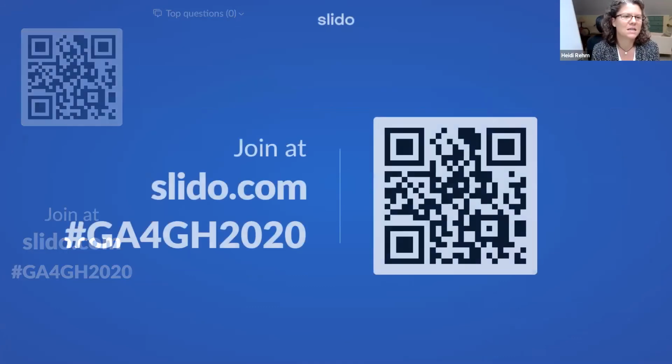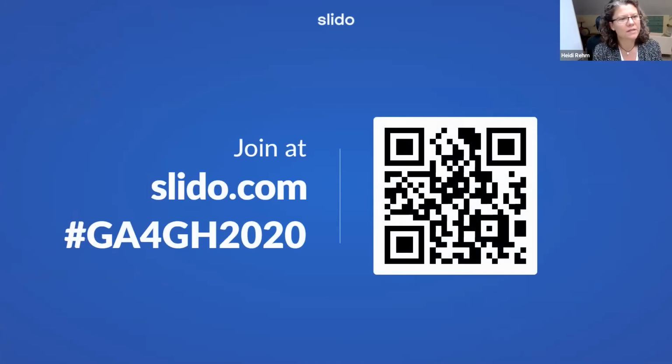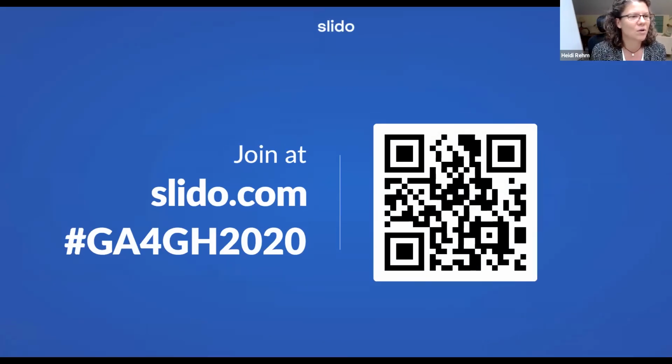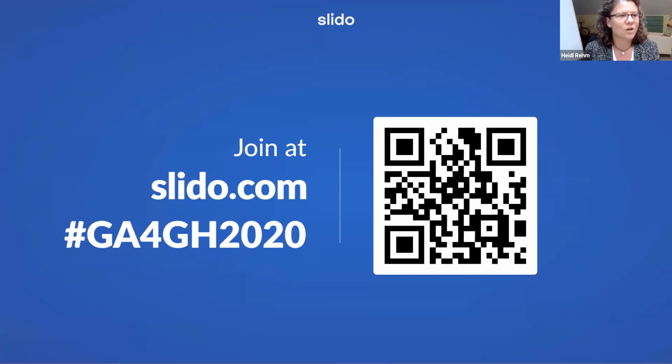Mm-hmm. Got it. And another question, really to both of you, as you think about the implementation of GA4GH standards. You can think about this in two ways. One, we all hopefully understand the benefits of interoperability and applying consistent standards to allow us to share data, enable federated analyses, all of the things that we all see coming from this. However, sometimes it requires extra work to use someone else's standards in your own system versus just going forward in an independent, siloed way.